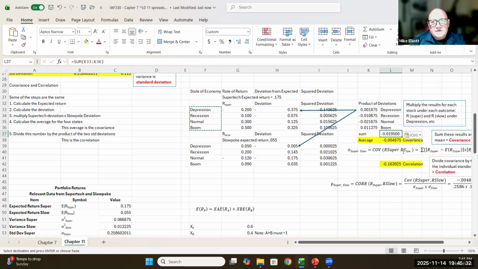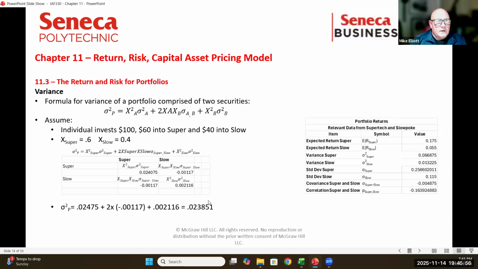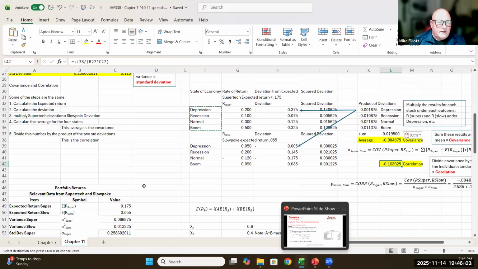The covariance of each stock against each other. And then we have the correlation, which is we take that covariance and we divide it by the product of the two standard deviations. So the standard deviation for super and the standard deviation for slowpoke, and that gives us a correlation between the two. Okay, to get to the 0.24075,